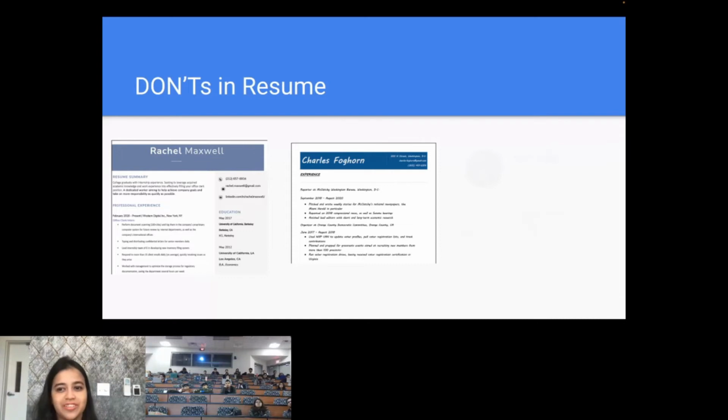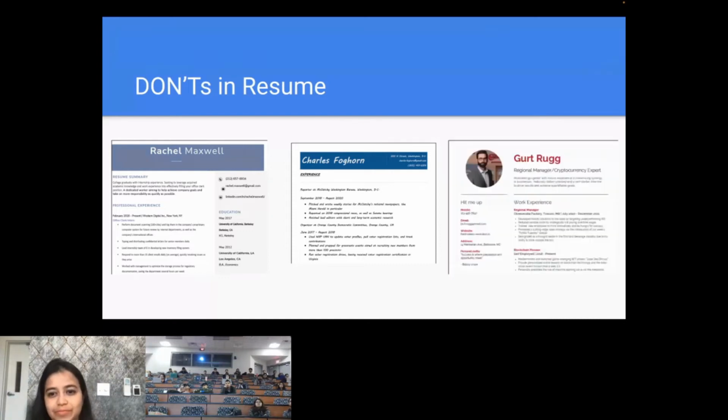And what about this? The photo is not needed. Right, right. So try to avoid your photo in the resume at all costs because it really tells nothing about the role. If it was a different kind of role, that's a separate thing. But for software engineering, I don't think you should put a photo in the resume.